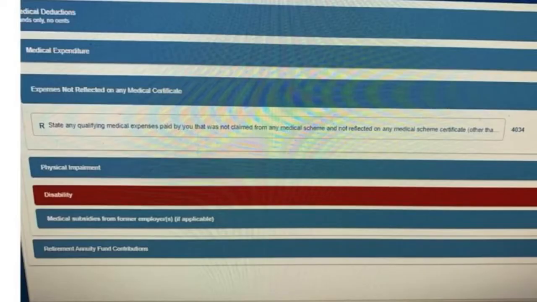tally up the total of it, and you put the amount there when you are doing your e-filing, so that they can know that your medical aid did not pay for certain things, you paid for them yourself. And then you will check your retirement annuity. You will also get the certificate from your service provider which you are with for your retirement annuity, and you check if it corresponds. And if any of this that I've listed is not there, you can